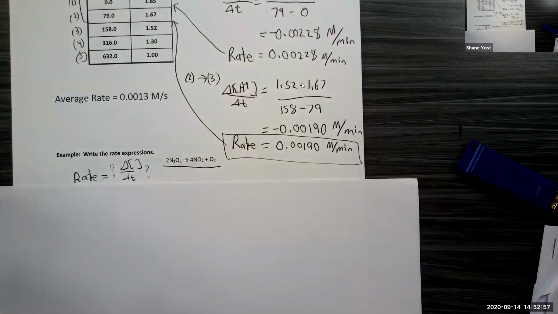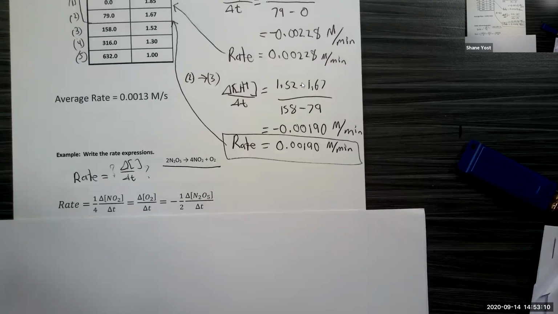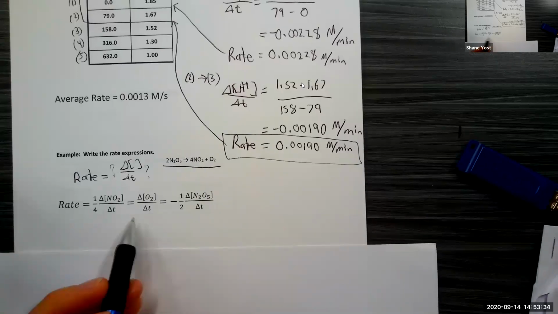Are you using any of the variables that... Actually, for all of them, okay. Yeah, sorry. So for O2, yep, O2 is the same. NO2, you have to multiply by 1 over 4, and N2O5, minus 1 over 2. Right. So again, that's how we relate the rate of change between all these species and the rate of the reaction.